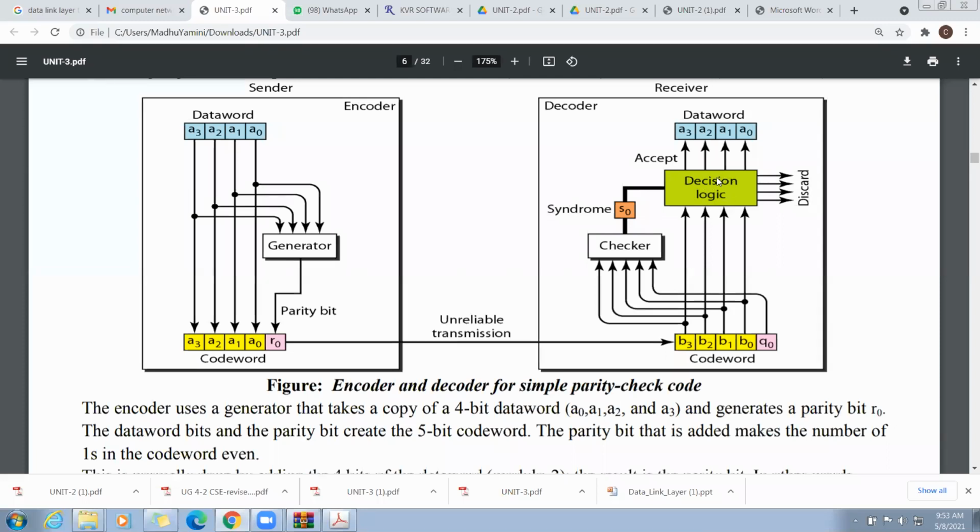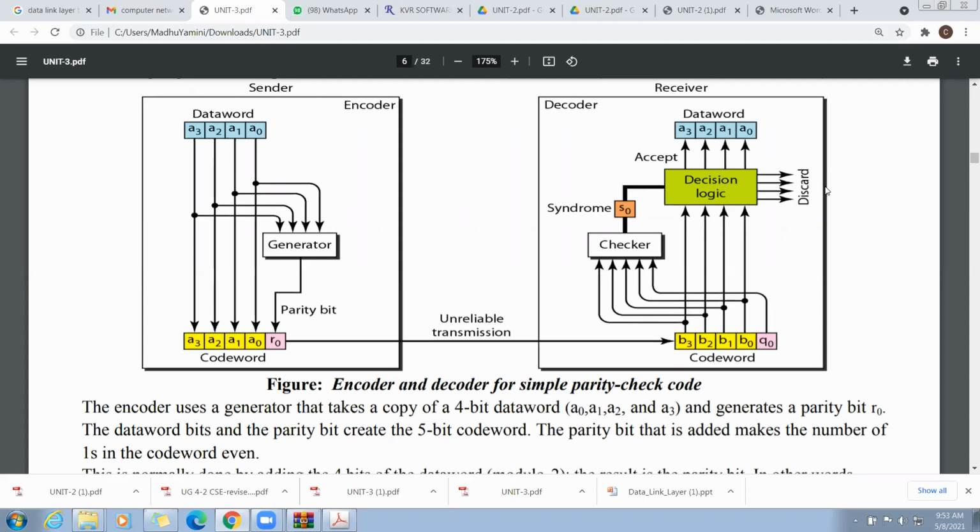If it is a correct code word, you extract the data word from it. If the syndrome indicates an even number of ones, the decision logic will accept and the data word will be extracted. Otherwise, the code word will be discarded by the receiver.